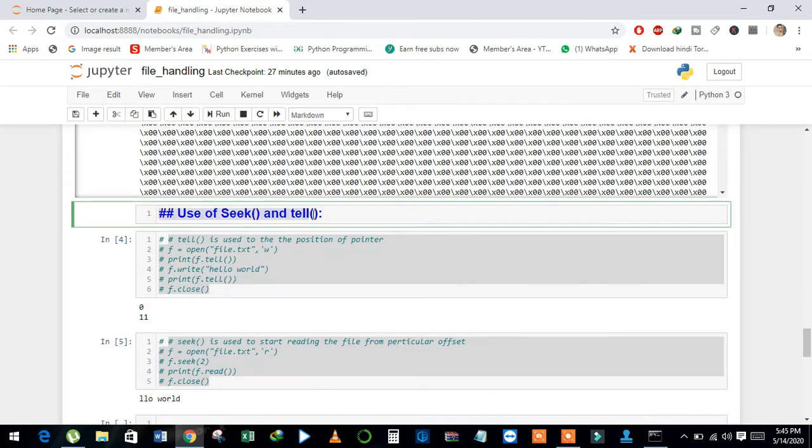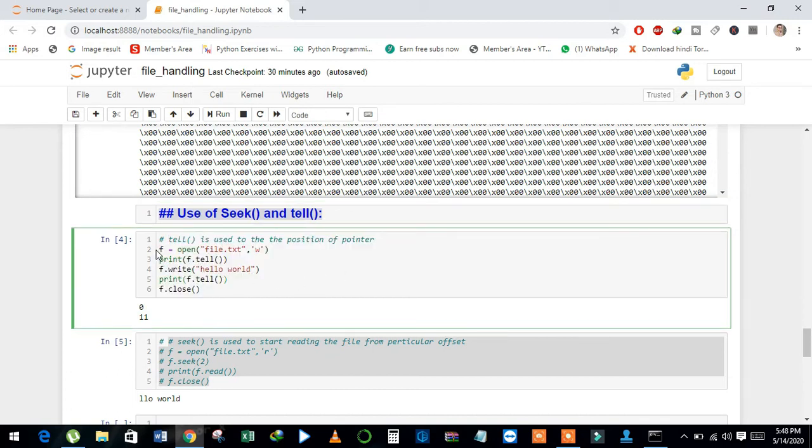Now we will discuss two very important methods that we use with files, seek and tell. Now we will discuss the tell method. The tell method is used to tell the position of the pointer. Let me explain using an example.